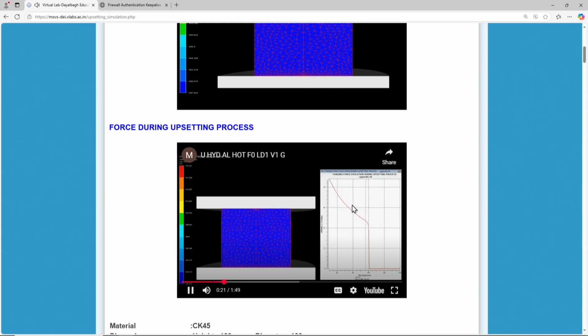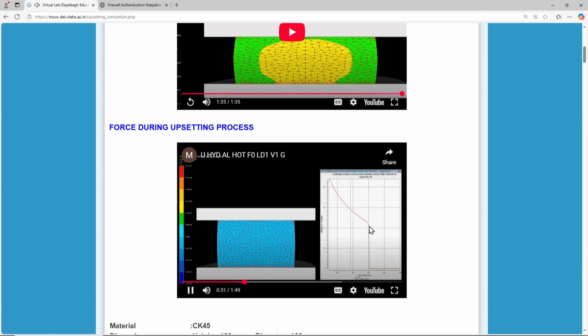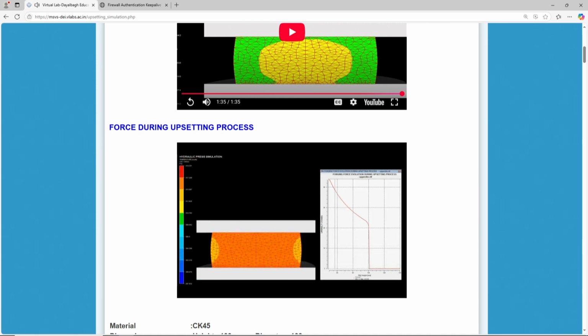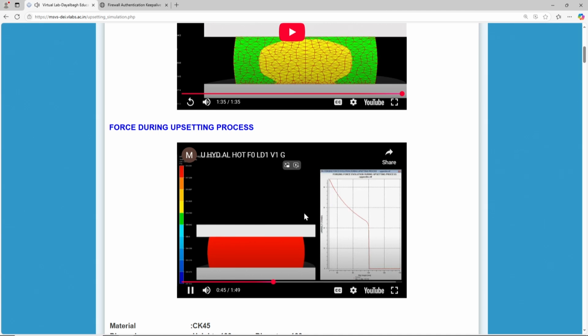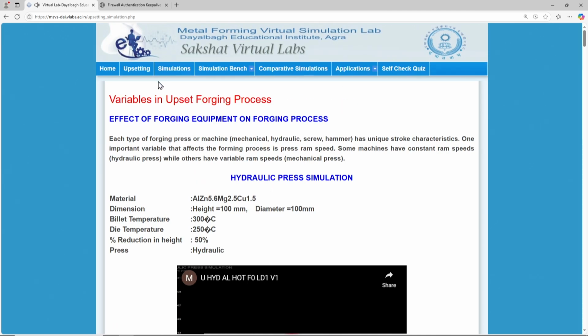Once the force is being applied, you can see the change in the force that is happening, the forging force evolution during upsetting process. How is the force varying here? You can see this graph. The force is increasing. The red line is representing the force. Yeah, it has come to maximum. So this was upsetting process